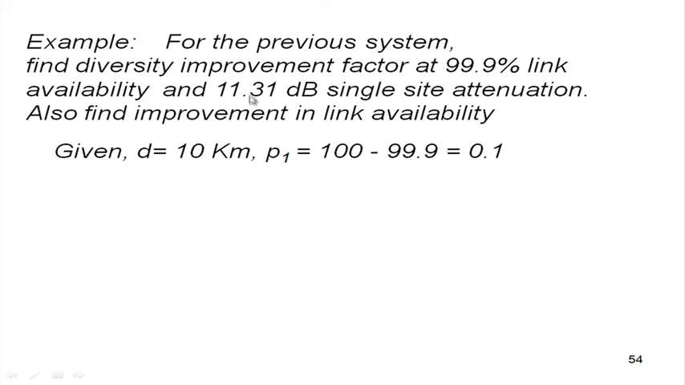And we take another example, almost the previous system: find the diversity improvement factor for 99.9% link availability and 11.31 dB single site attenuation. Find the improvement in link availability. So first you find the diversity improvement factor, and then find whether improvement in the link availability happens or not. Given these numbers you can find out P1